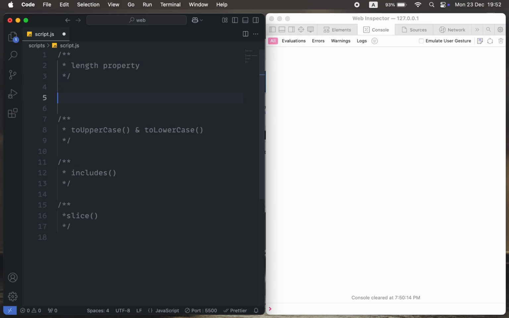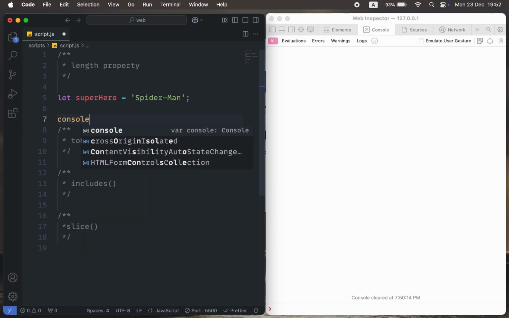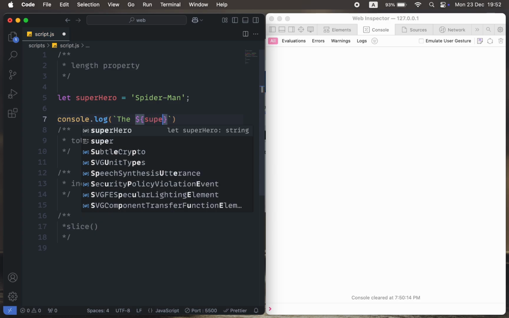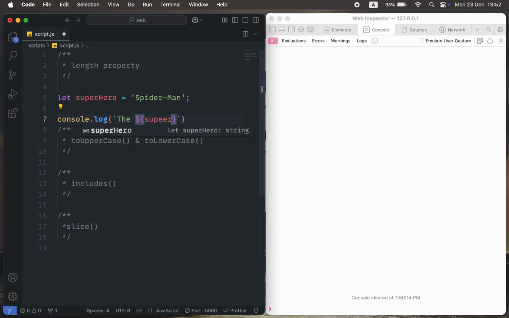First of all, the length property. Let's say I have one variable which is the same as previous, superhero, and this time we have Spider-Man. If we want to see the number of characters in the superhero string, we can use the length property. So we can do console.log, the superhero has